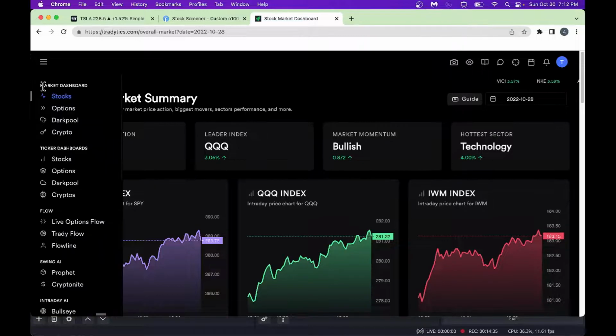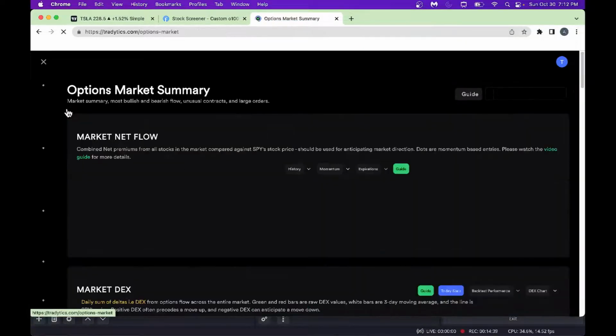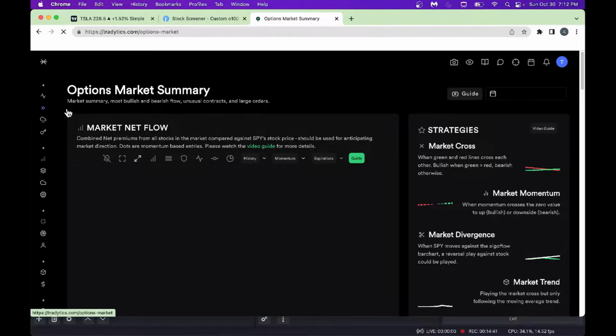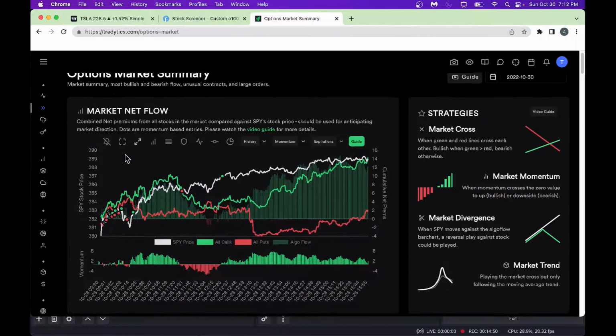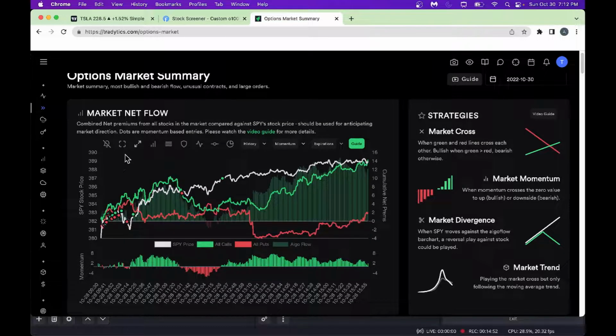All right, next, we are in the stocks. Now you could look at the options. This is a very good view here. For example, some of you may be day traders, some of you may be a little bit longer term traders. By looking at this market flow, I think you can do a lot of good things here. If you're, say, a day trader, you could look at the expiration. Again, you could go to the default view, with no filtering.